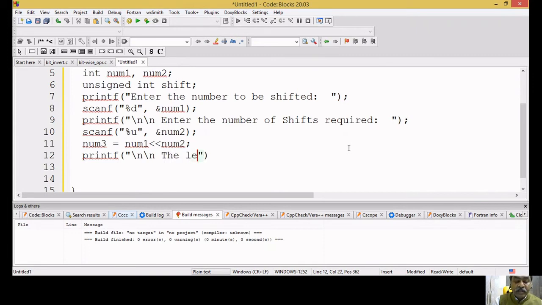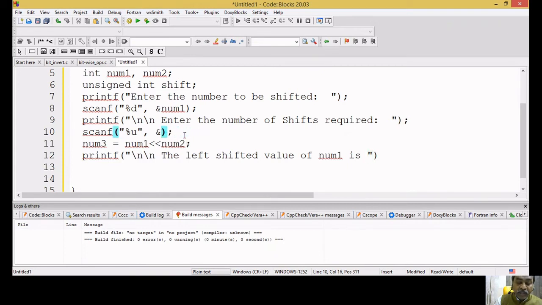I have left shifted it, right? Left shifted value of num1. Remember, we have left shifted num1, but we have stored the answer in num3, right? num3 is also integer type, right? num2 is also integer type. num1, num2, sorry, this should be shift.